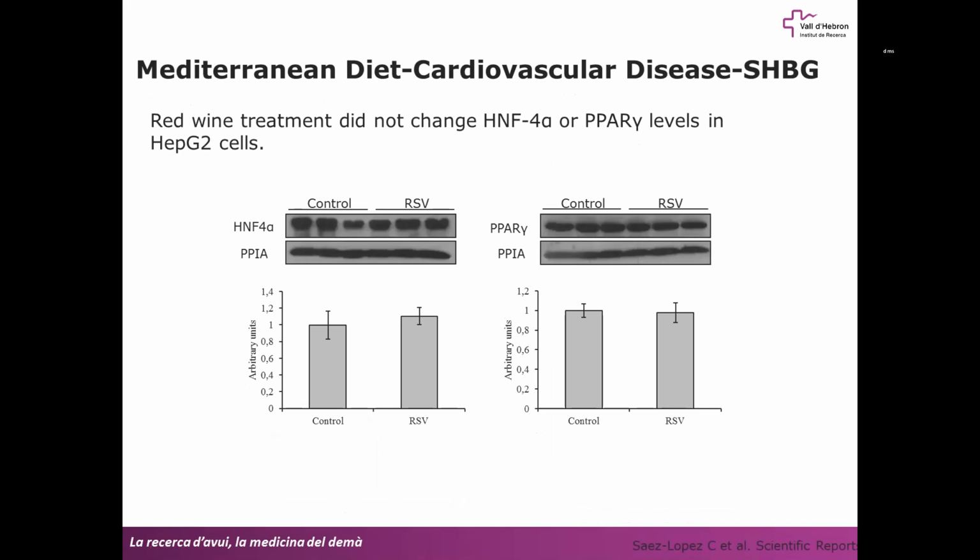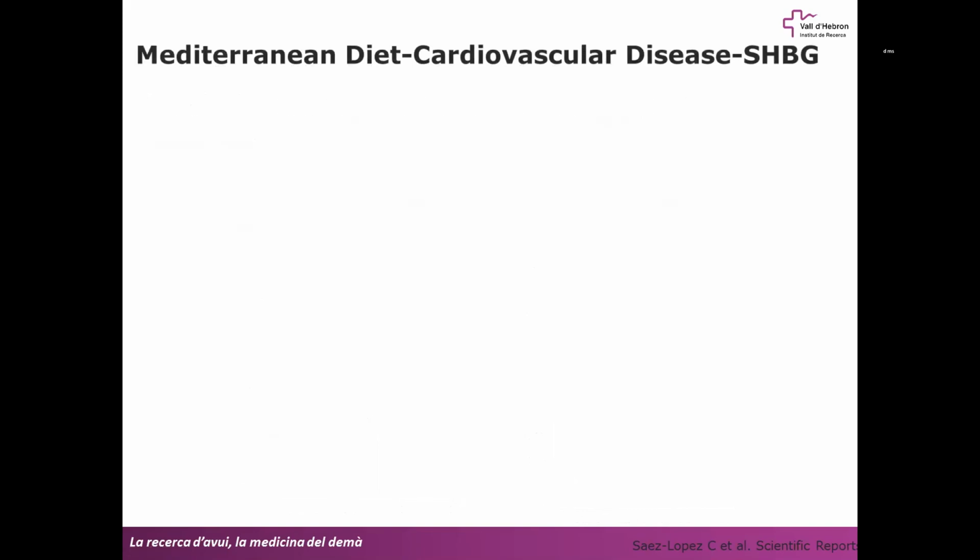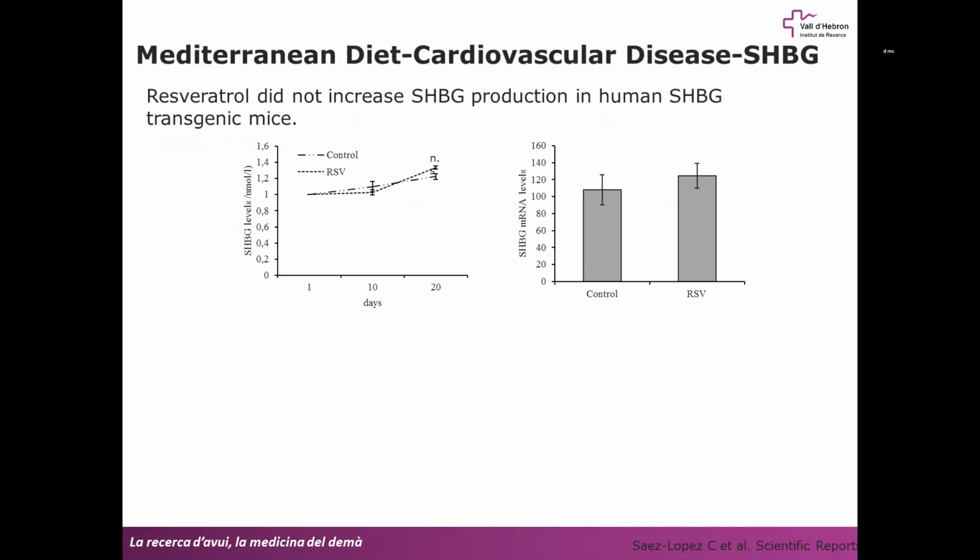So we next wanted to check the transcription factors that regulate SHBG production in the liver, and when we checked HNF4 or PPAR gamma, they weren't changed. So we went back to the literature, and nevertheless we gave the resveratrol to our mice in the drinking water, and we saw that